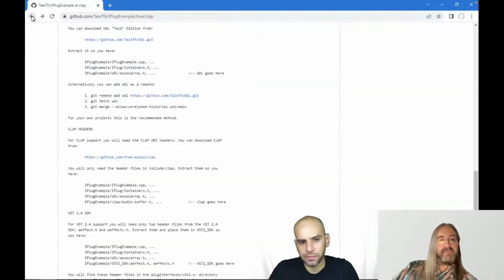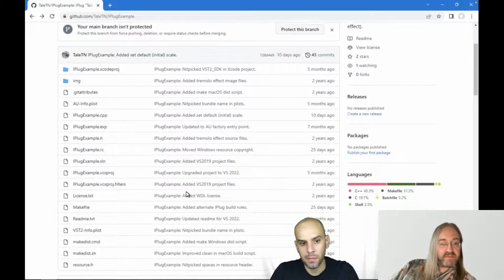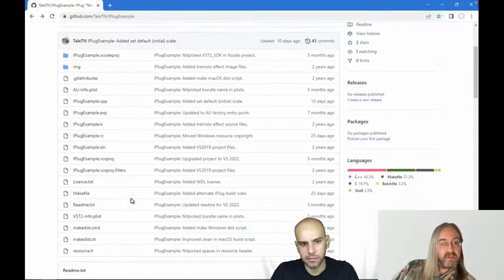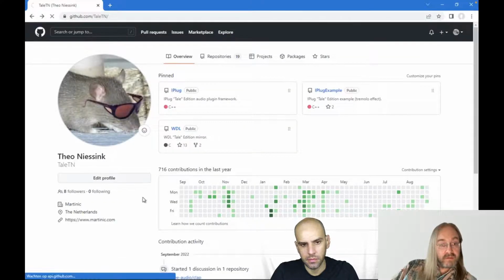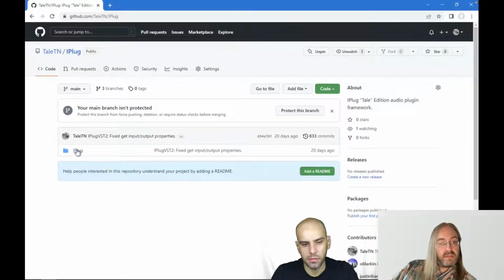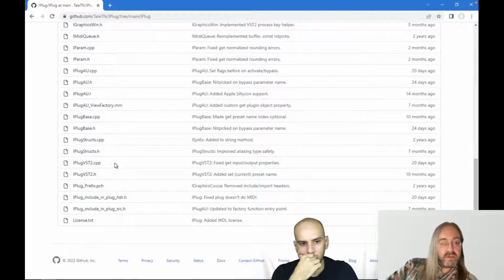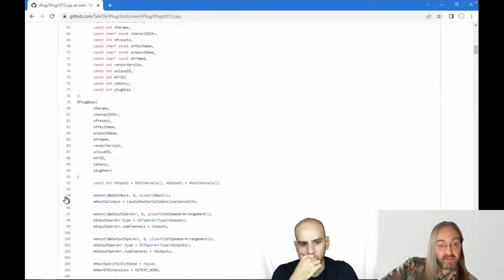Yeah, maybe. Because what you're describing is basically VST2. That's more of one big function that does everything. And I can show you. I have to go back to iPlug itself. If we look in iPlug, VST2 is also just two files, a header and a source file. And if I look in the source file, then there should be some dispatch function somewhere. Let's see if I can find it.